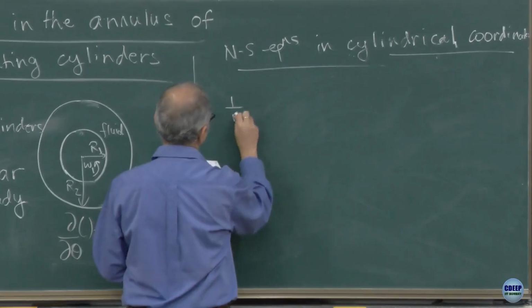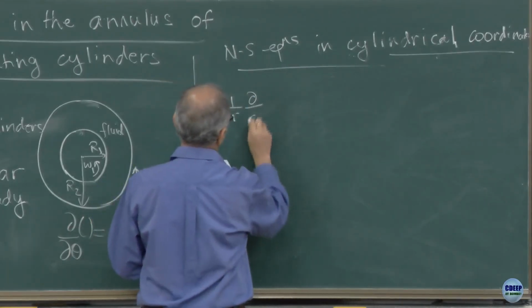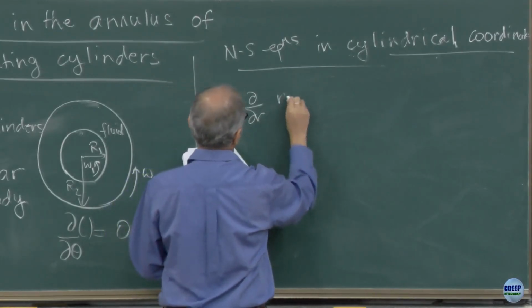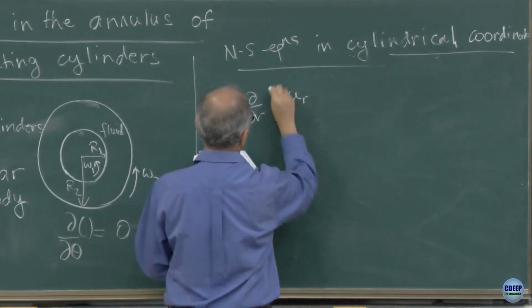So 1 upon r. We are starting off with our continuity equation. U r